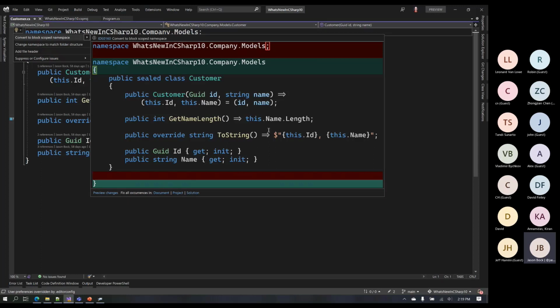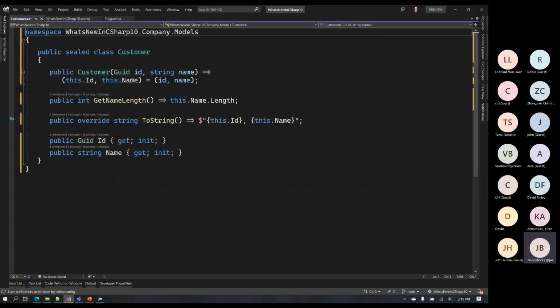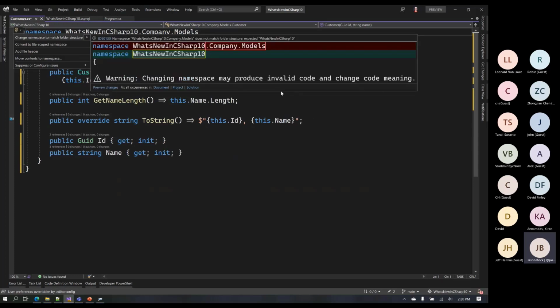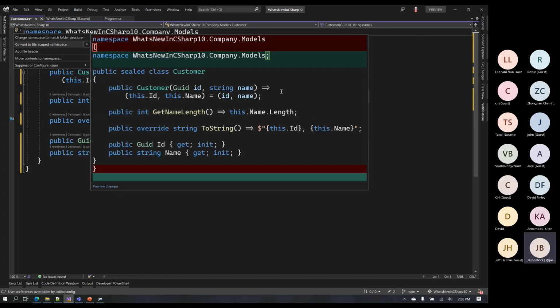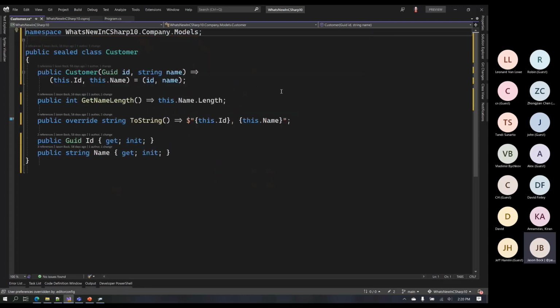If I pick this and say, yeah, I'll put it back to the way it was. Nah, I don't like it. I'll do Control period again. Now it's going to say we don't want to match folder structure, we want to go back to this. Notice this is the only case where we can do this, because that's what Visual Studio has found. So we go back to the new way of doing it.